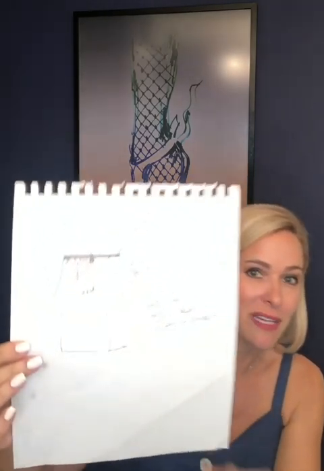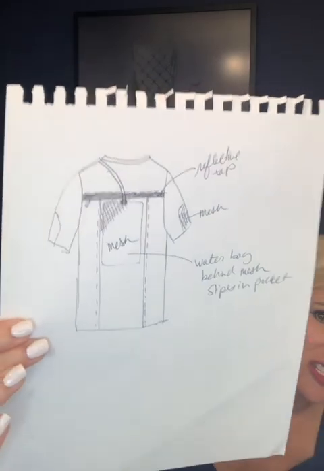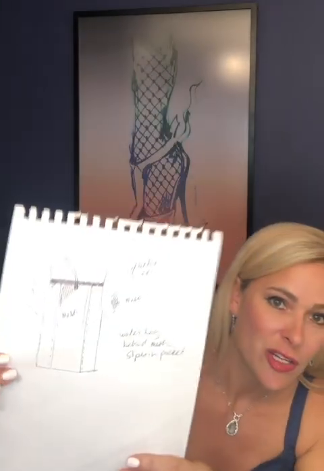Not to worry. A lot of times I'll have a client come to me with a rough sketch like this that just calls out the details. No problem. Honestly, that's how a lot of industry designers first get their ideas down on paper. They'll do a rough sketch. It'll be a silhouette of the shirt, whatever they're trying to do, and call out the details. You don't have to worry because I can easily take a client's rough sketch and translate that into an industry